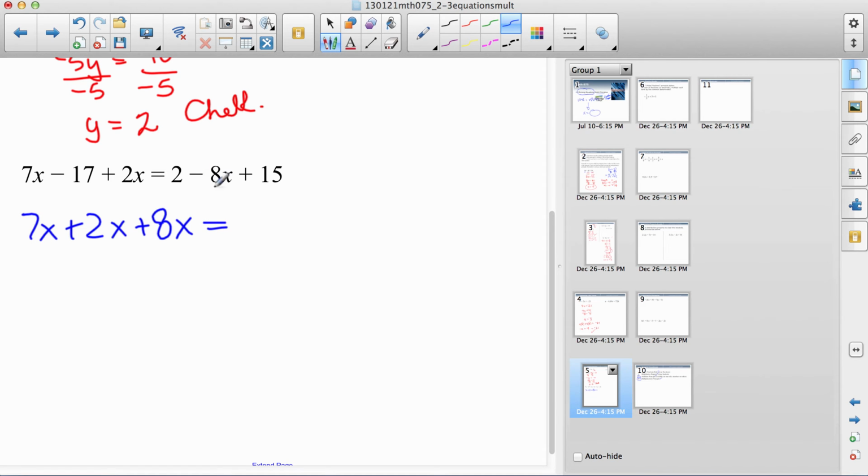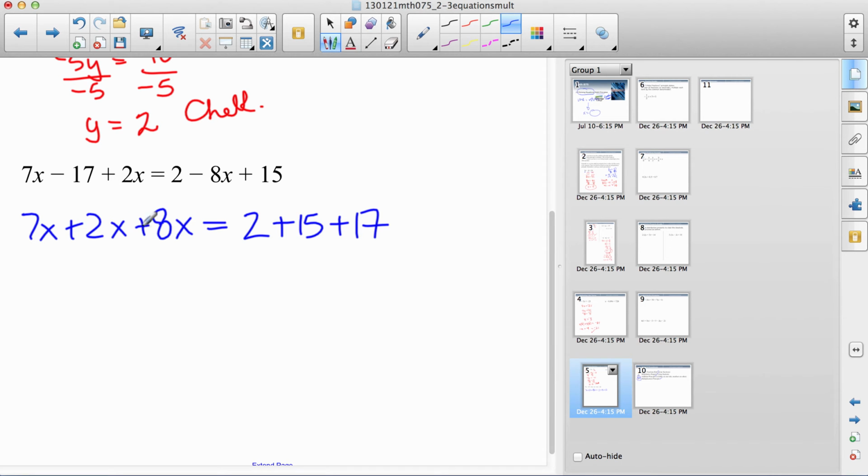Let's do the same thing with the numbers. So far on the right side, I have a 2, I have a plus 15, and then, oh, there's a minus 17 here. If I move it to the other side, add 17, it'll be a positive 17 on this side. So it's just a little quicker getting all your